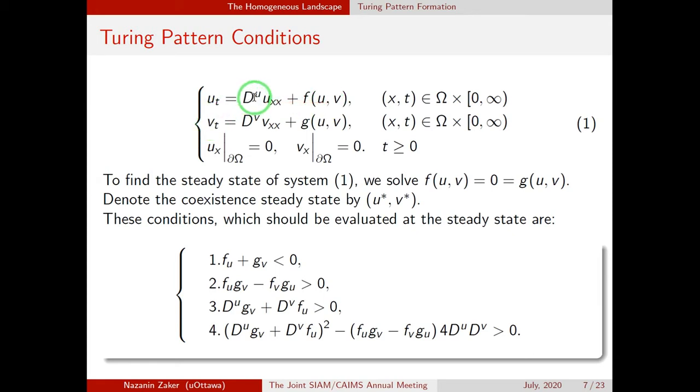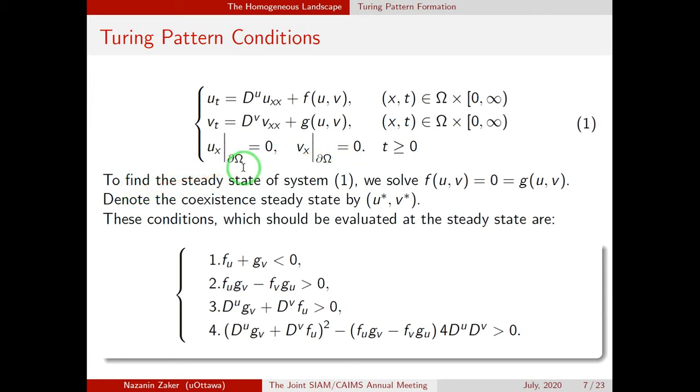The movement behavior and population dynamics for each of these species are described by these reaction diffusion equations, and we also have a no flux boundary condition in order to make sure that no individuals cross the boundaries of the landscape. Then we wanted to study Turing pattern formation.